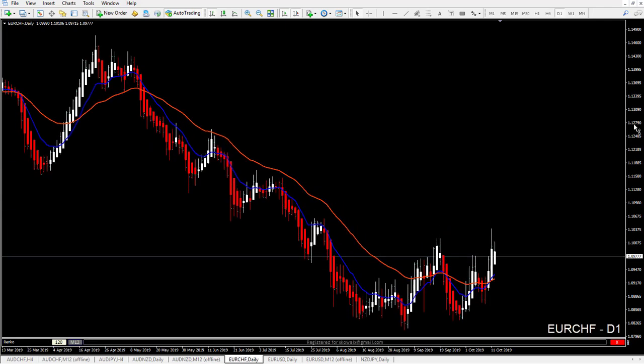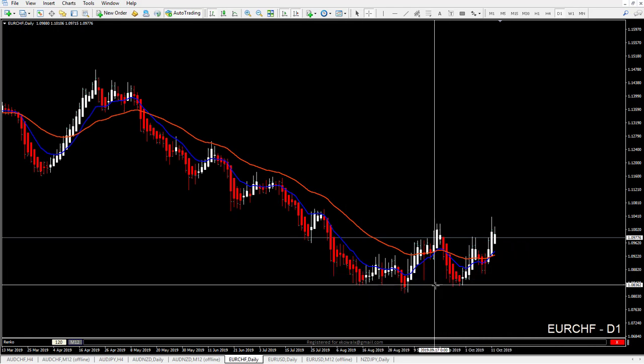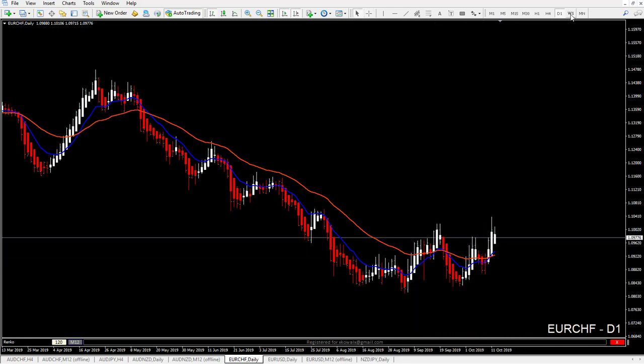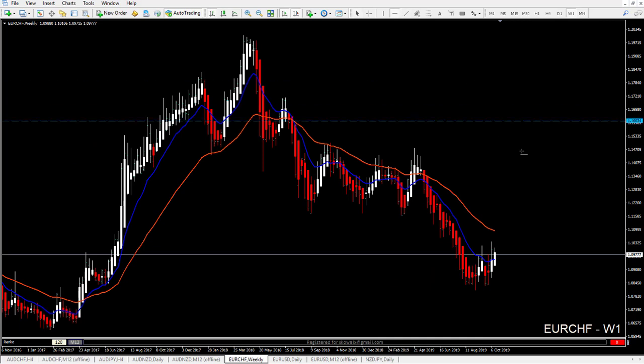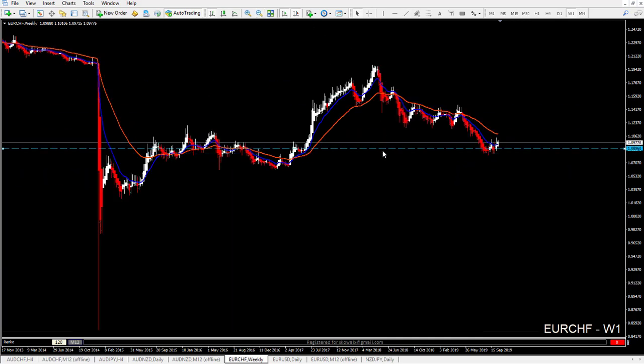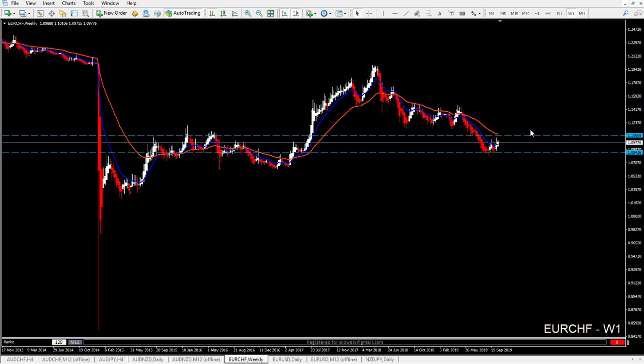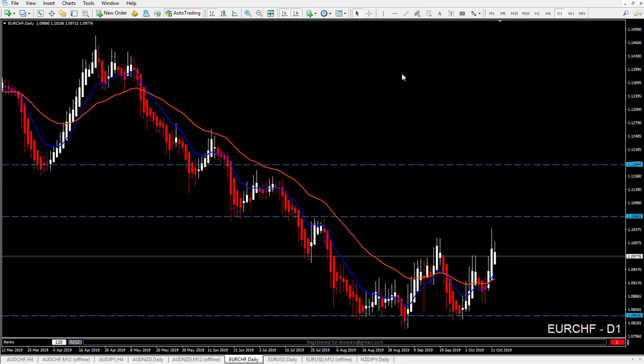EURCHF, I was looking for this pair because this area was good for a bounce. We had some options to look for longs already. We have this support level. We have to unzoom to see that this is a really powerful area. Anyway, we have this resistance, yes, so the 36 EMA, and we have another resistance a little bit higher here. So we go to the daily chart, and what we have